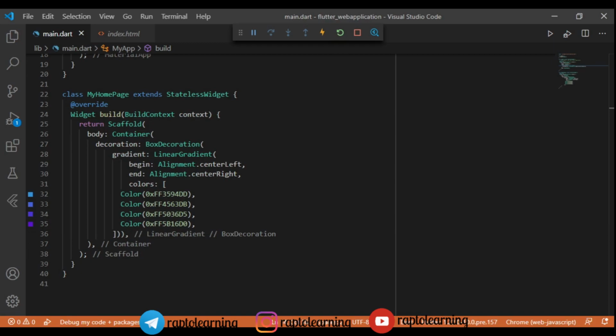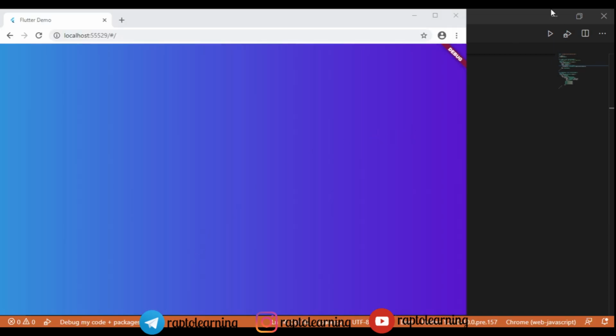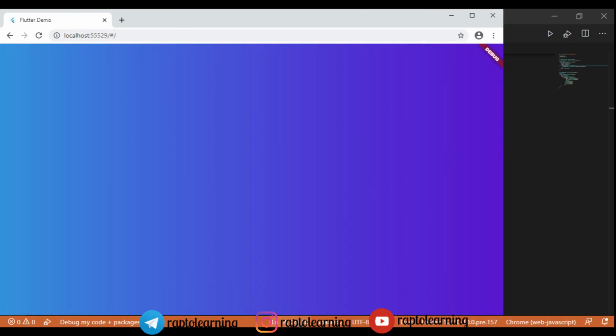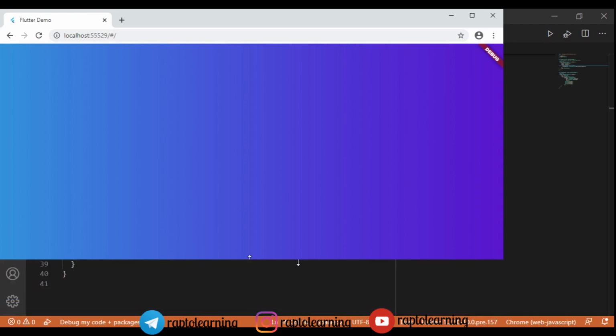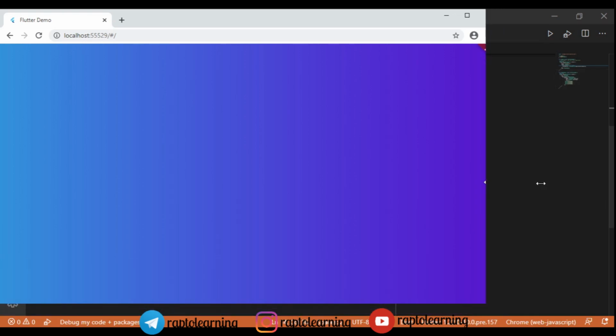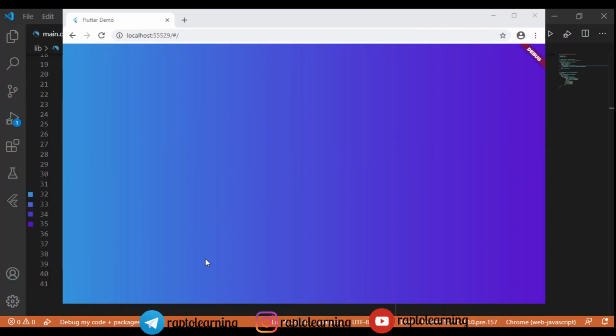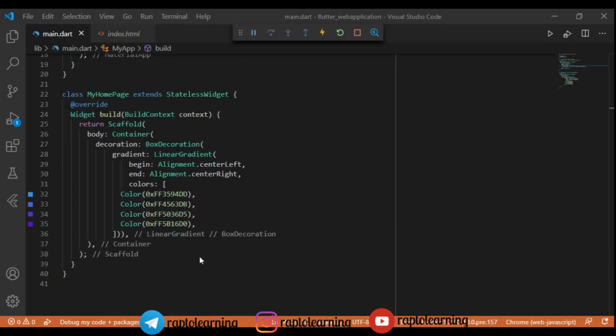So let the primary source be blue only. We'll just reload our website and I will show you how it looks now. It looks pretty impressive, right? Because our gradient color is awesome, and it is thinking, okay. Till then it is all right. Our website color is awesome, and it is not shrinking. Also the color is not sliding here and there. So here it is up to the mark, right?